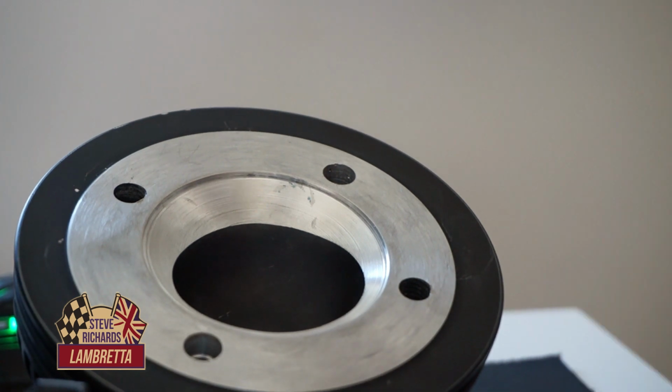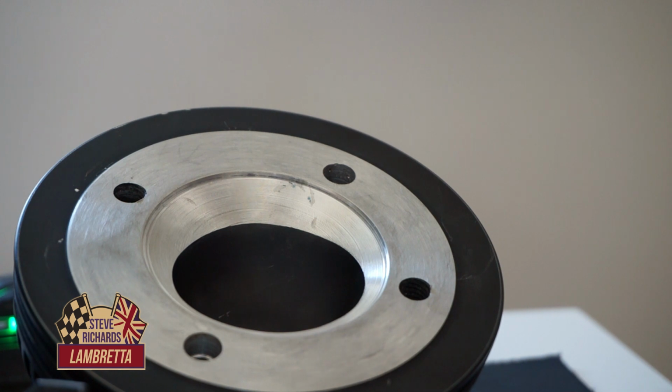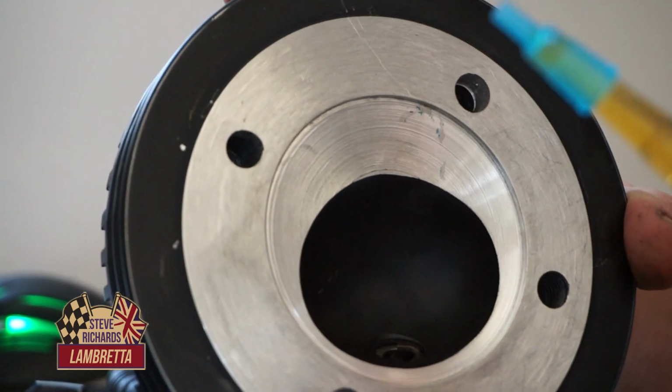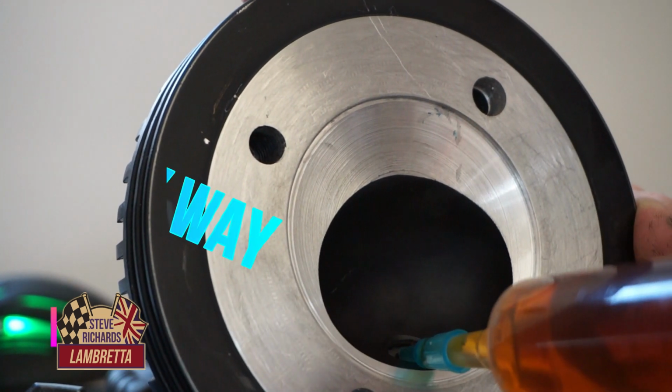Right, well, there's lots of different ways to work out your cylinder head volume, but I've tried to do it the simplest way for people so they can do it easily without too many calculations, calculating the head gasket volume, subtracting your dome of your piston, and all these things that you have to do if you're calculating it properly. So what I'm going to do is, first of all, work out the volume that our spark plug head takes up. So we're now going to fill here with liquid,